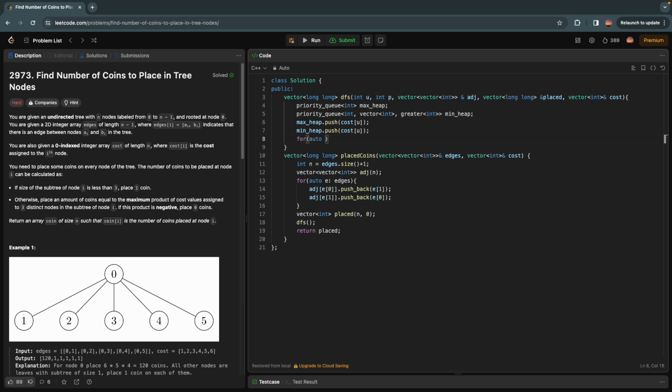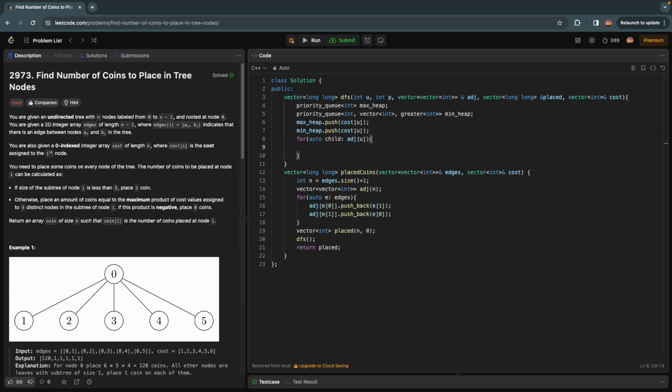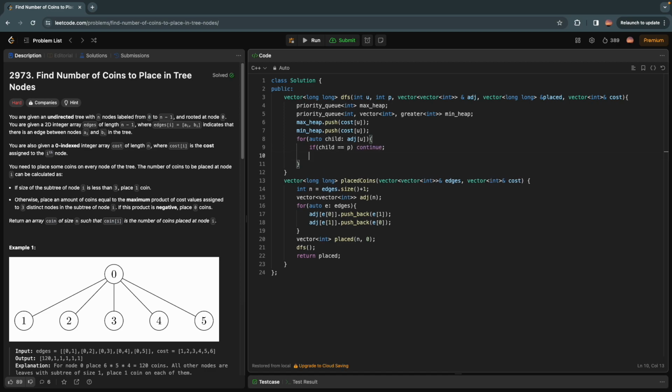So auto, let's call it child, and then adj u. So if this child equal to p, then we can continue it and not proceed further, because as mentioned, we need not visit the parent node. And after that, let's store the value of 3 largest and 2 smallest for its children in